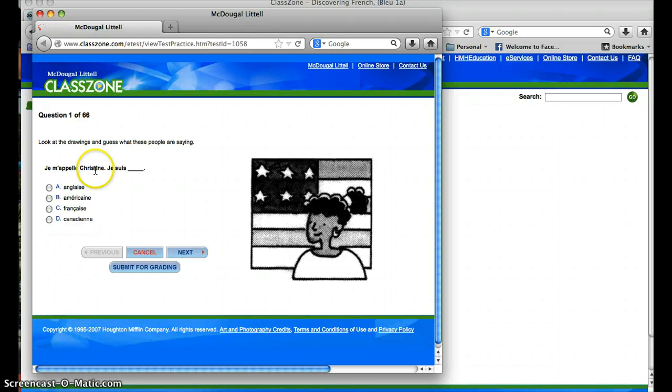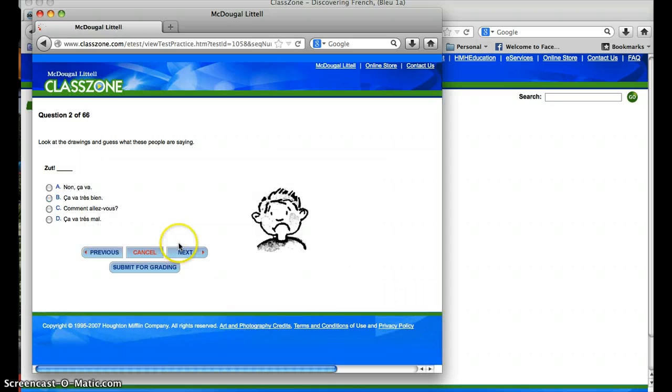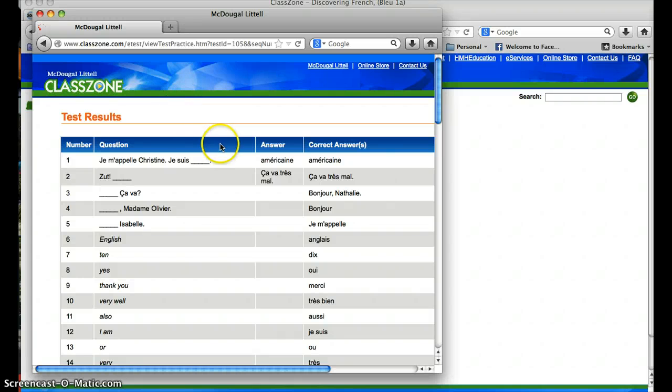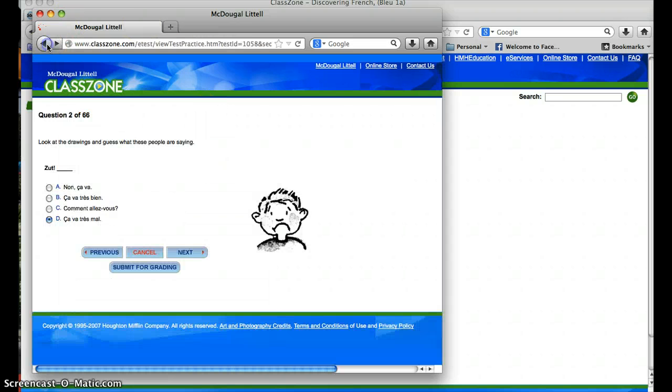it's going to go through and look at drawings and guess what the following people are saying. Je m'appelle Christine, je suis américaine. We'll go to the next. Zut, ça va très mal. Next. And you go through the different questions, and when we submit for grading, it's going to tell us what we got right, what we got wrong. Notice there's 66 of them,